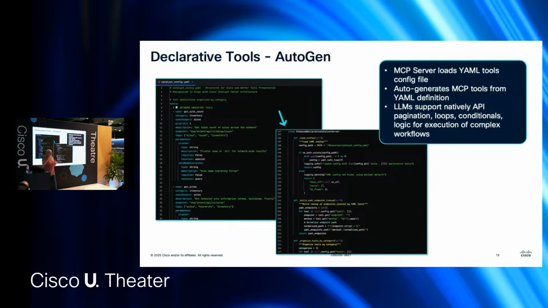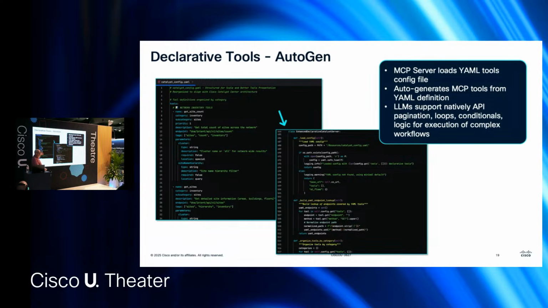Remember, I mentioned that MCP servers can write code. And that's how I actually realized how powerful MCP servers are, because I can give the specification for my API endpoints, and the code that I'm going to share with you will load this specification and create the API calls for me. I don't create my server. I don't have any API calls that I wrote. It will be based on the YAML description of my API endpoints.